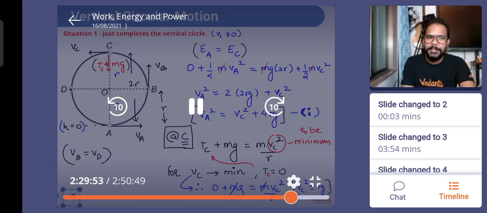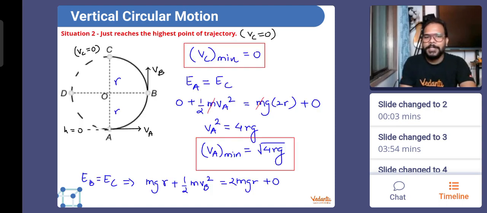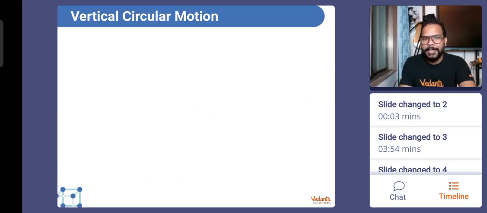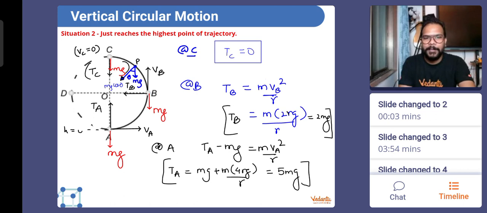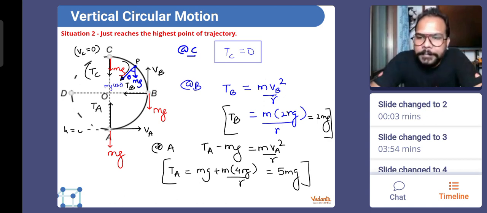सेकंड केस में एमजी कहीं जीरो नहीं होगा, एमजी जीरो होने के लिए ग्रेविटी को जीरो होना पड़ेगा, कहीं भी एमजी जीरो नहीं है। ये जो सिचुएशन थी, मैंने बोला था यहाँ पे टीसी प्लस एमजी इक्वल टू जीरो आएगा, इसका मतलब होगा टीसी इक्वल टू माइनस एमजी। बट इसकी अंडरस्टैंडिंग ये है कि बॉडी के ऊपर लगने वाला टेंशन बहुत पहले जीरो हो चुका है, एमजी है जो कि बॉडी को आगे लेके आ रहा है, या फिर एमजी का कंपोनेंट उसको आगे लेके आ रहा है। मोमेंटम ही है जो आगे ला रहा है, लेकिन सेंट्रीपिटल फोर्स की तरह एमजी कॉस थीटा बिहेव कर रहा है, दैट्स व्हाट आई सेड।